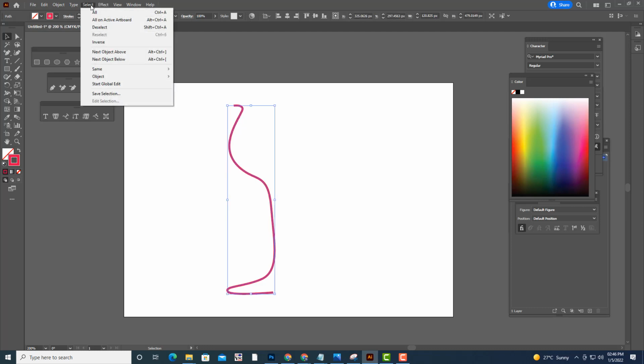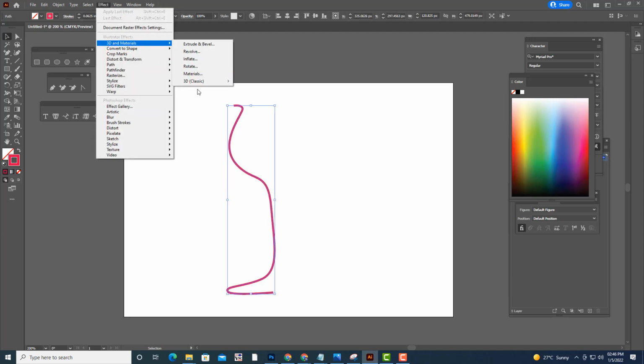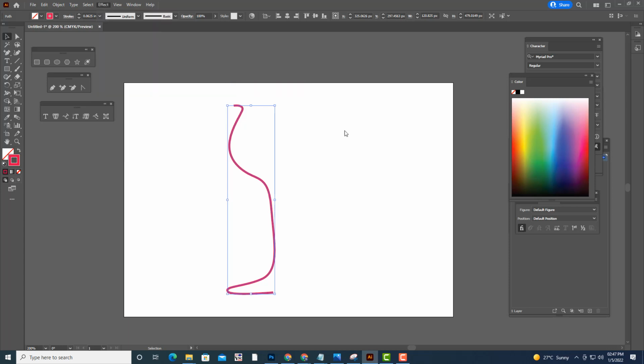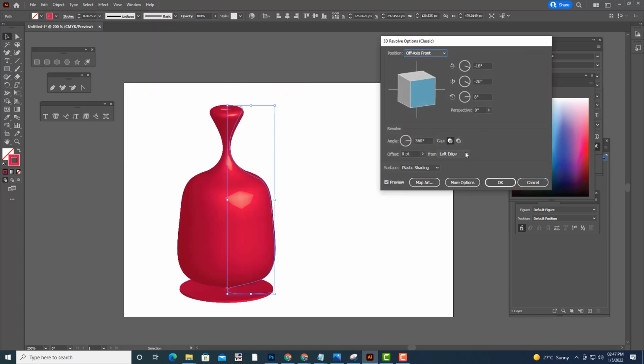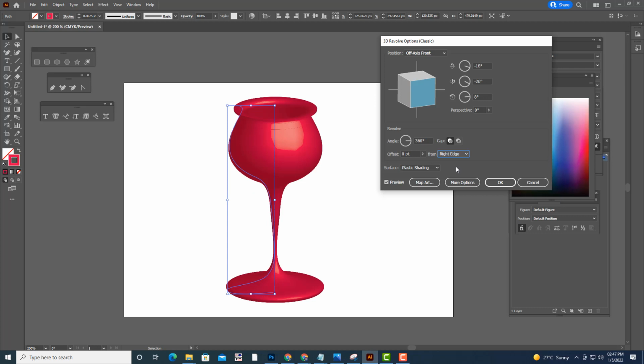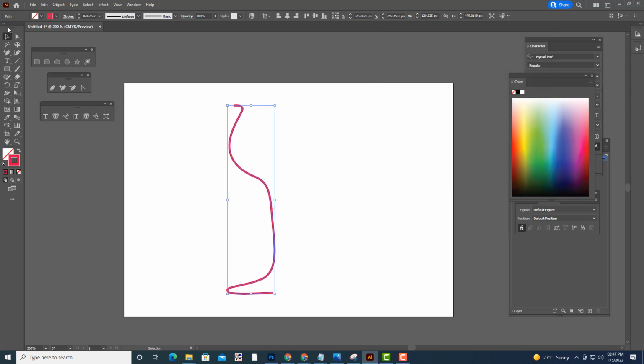Effect and revolve, and again we'll select right edge. See, we got a glass. We'll slightly adjust it.